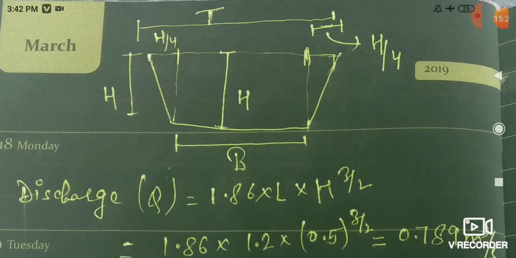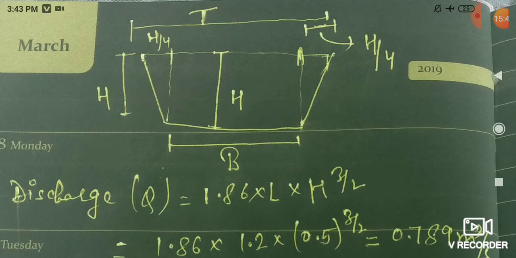and I have told you that for superlative weir here the slope is nothing but it is 4:1, means 4 vertical, 1 horizontal. 4 vertical का होता है, 1 horizontal का होता है. Superlative weir का यही concept है. It is a trapezoidal shaped weir which has 4 vertical slope, 1 horizontal slope. You can clearly see here, I have assumed the height h for vertical. So for horizontal it is h by 4. You can clearly see in this diagram, the vertical height is h and the horizontals are h by 4.